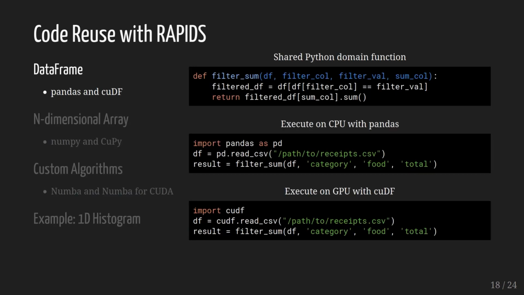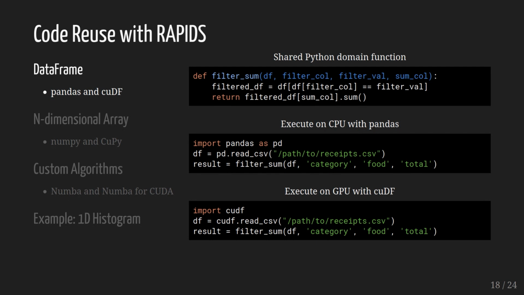Some of Datashader's internal algorithms are implemented using the Pandas DataFrame API. Thanks to how well cuDF follows the Pandas API, it is usually pretty straightforward to write functions that can accept either a Pandas or cuDF dataframe. For example, the top code block here shows an example of a function named filterSum that inputs a dataframe, filters